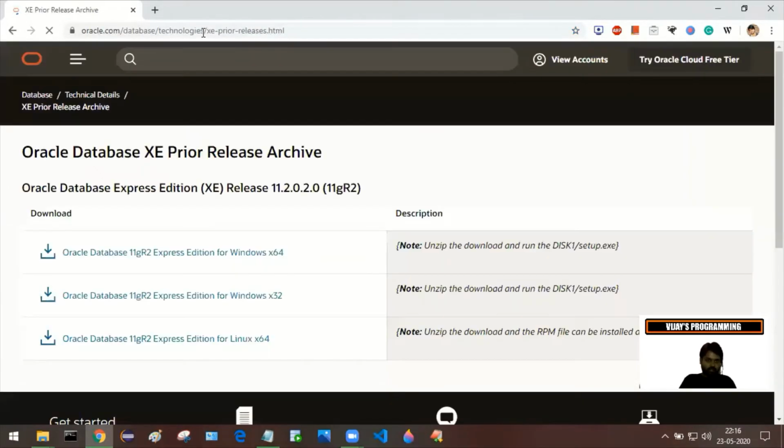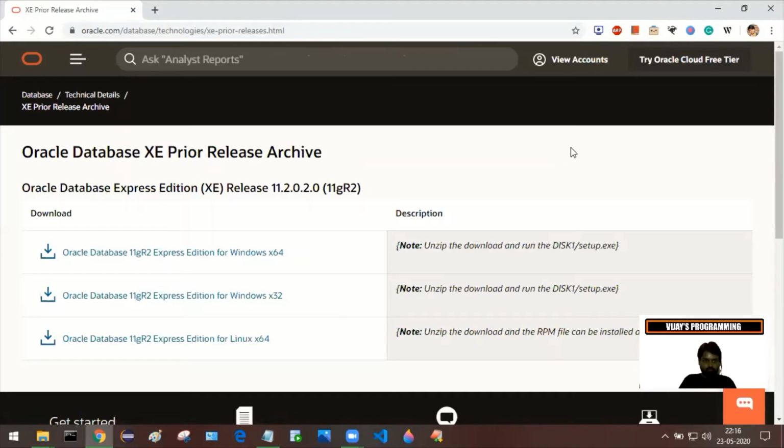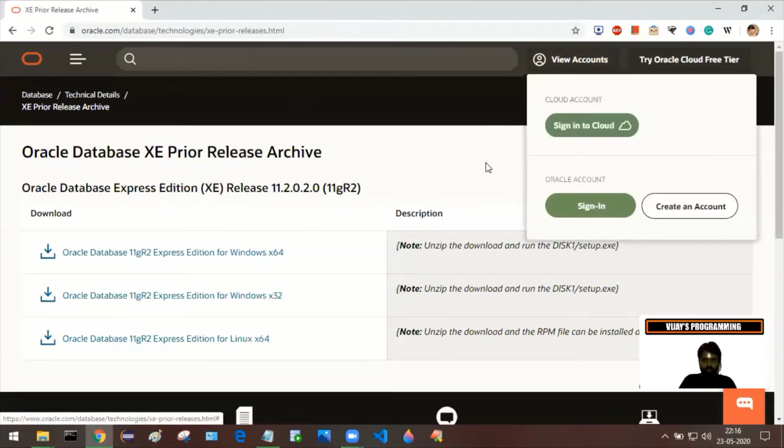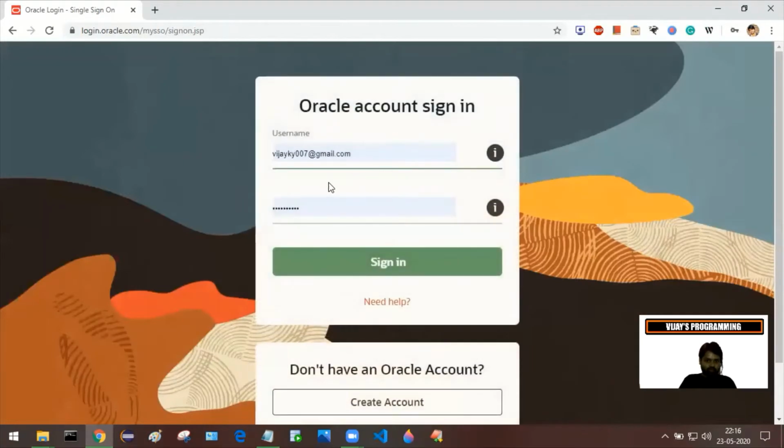Okay, hit enter. So here what you need to do is click on view accounts and click on sign in. Okay, sign in. First you need to sign in in order to download any software from oracle.com.